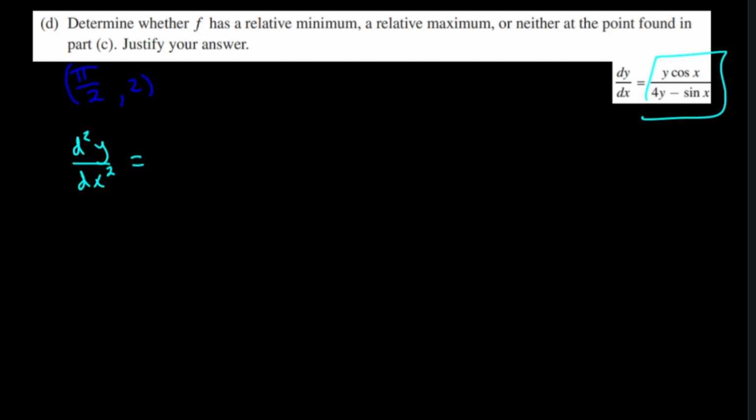Since it's a quotient, we need to carefully apply the quotient rule. So we start with low, 4y minus sine of x, times the derivative of the top, and the top is a product, so we have to be extra careful. So we need to pause the quotient rule while we do the product rule to take the derivative of the top. So we can have y by itself and take the derivative of cosine of x, which is negative sine